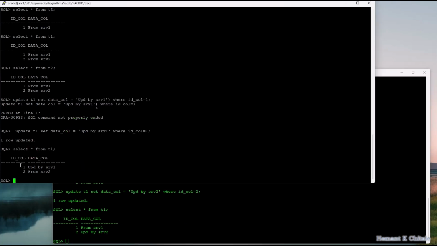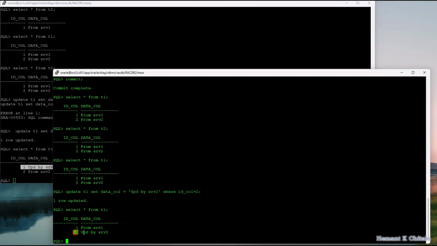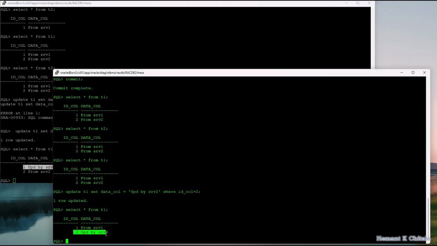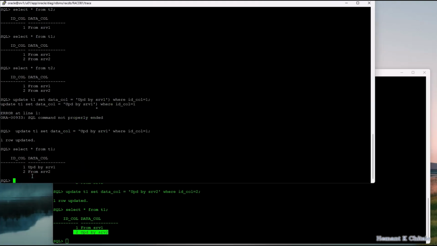So instance 1 has updated this row and you can see it. Instance 2 has updated the second row and you can see it, but they cannot see each other's updates because the updates are not yet committed. So the updates are locked. Those rows are locked. Row 1 is locked by instance 1. Row 2 is locked by instance 2. Now I go in and try to update